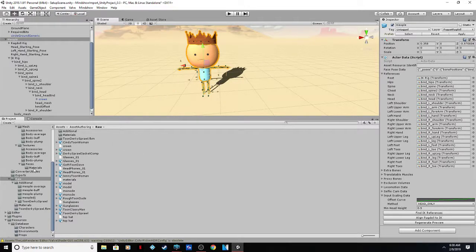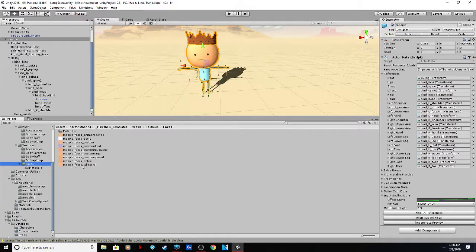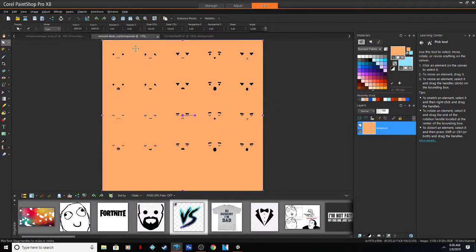And as far as the last thing I'm going to show you is the faces, which I've made a couple different templates myself, which is going to be a whole other thing, because you can sit there and edit it in Paint Shop if you need to, but you got to make sure everything lines up on each one. Like if you add different eyebrows, if you add a mustache or something, you got to make sure it lines up as best as possible on each face you have it on. And then whenever you save it, just save it as a different file name,